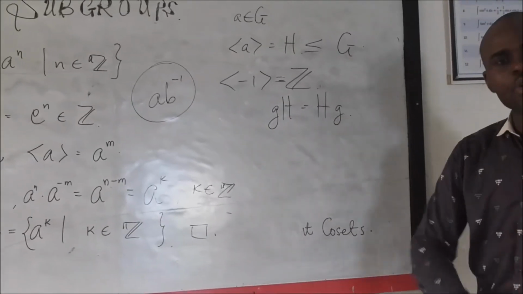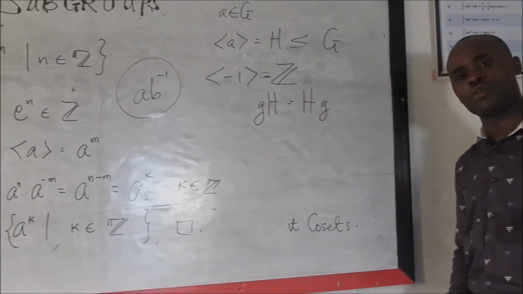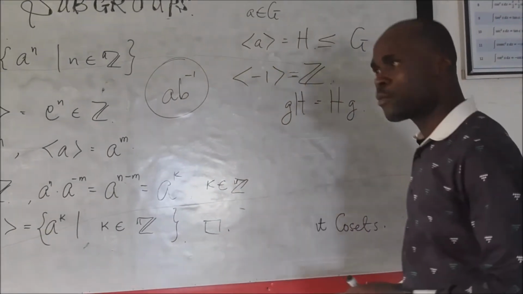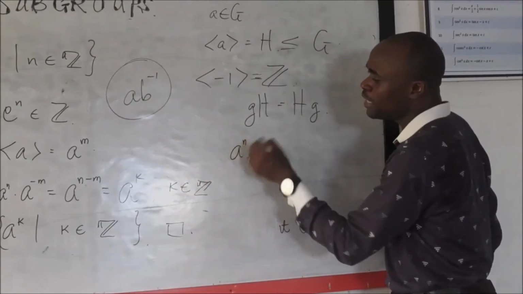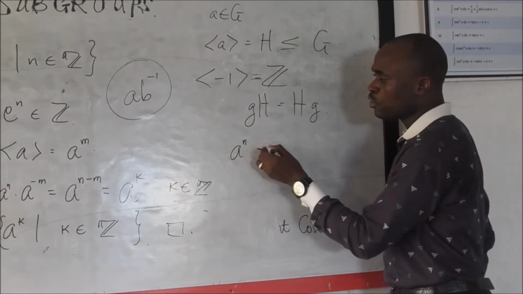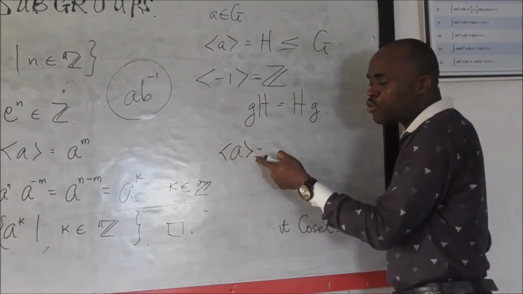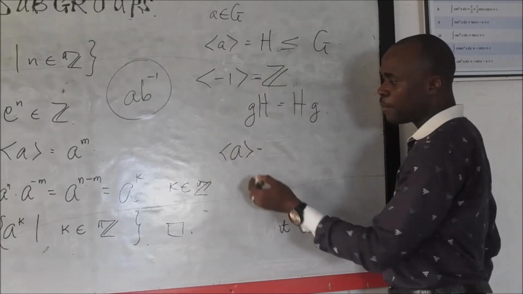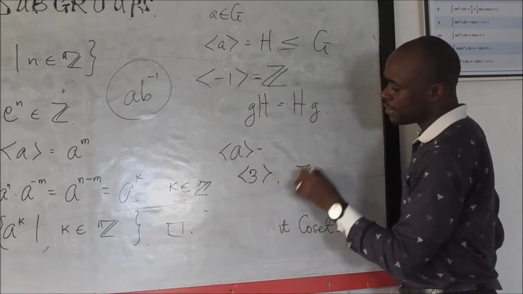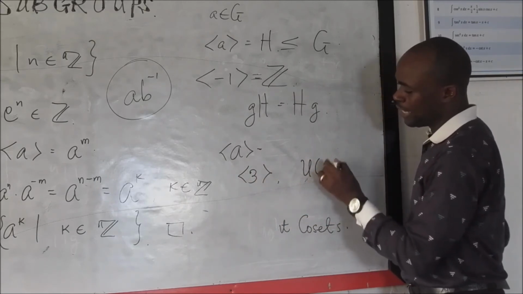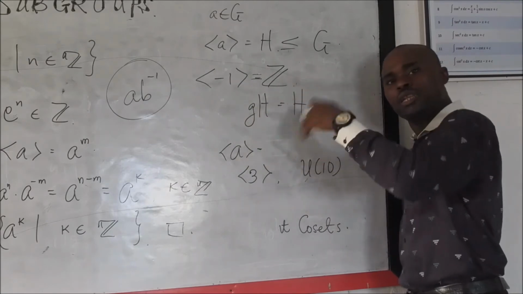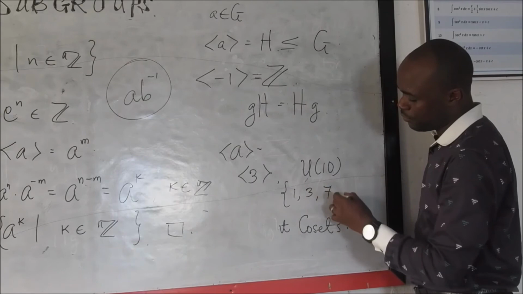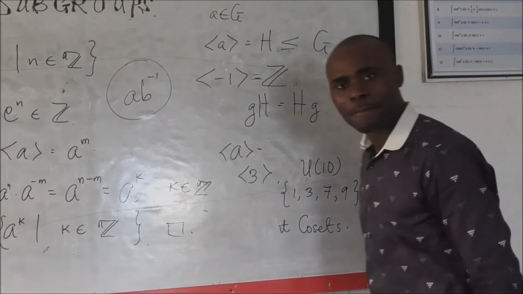Now, I'm going to end with one very beautiful concept you need to know, and that concept is the cyclic subgroup. The cyclic subgroup can be generated by a single element. So this also can give you the cyclic subgroup because it keeps generating a particular element. An example is 3, which generates U10, which I talked about. This generates all the elements in U10, which are 1, 3, 7, and 9.